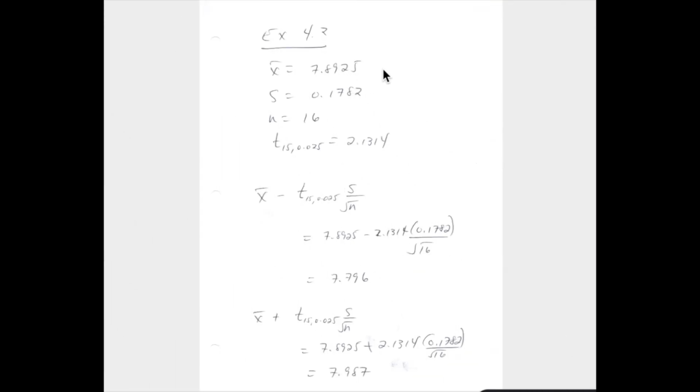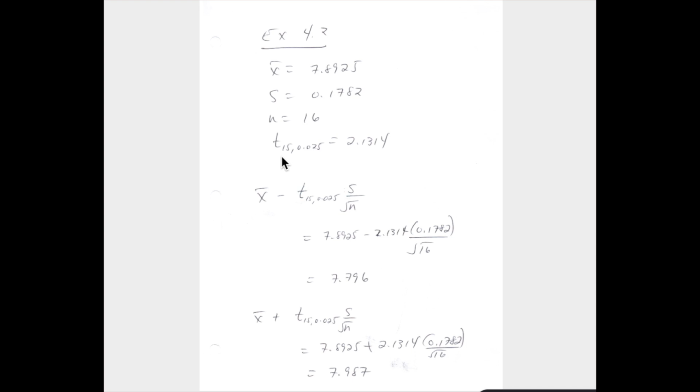Okay, so the sample mean we calculated from that data set to be 7.8925 ounces. We calculated the sample standard deviation to be 0.1782 ounces. The sample size was 16, and so we have 16 minus 1, or 15 degrees of freedom associated with the